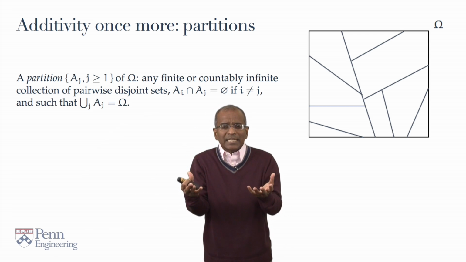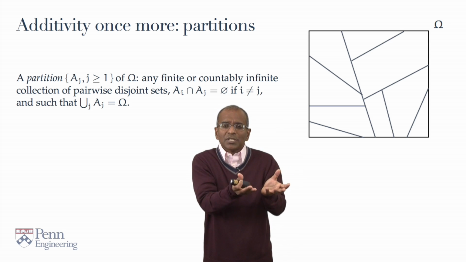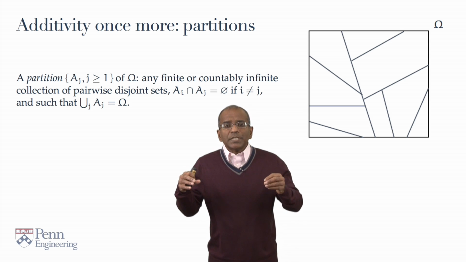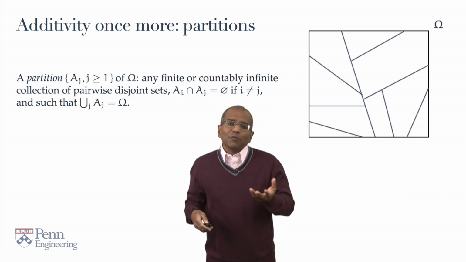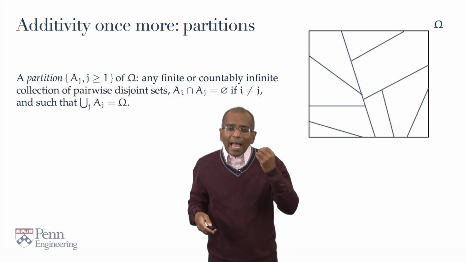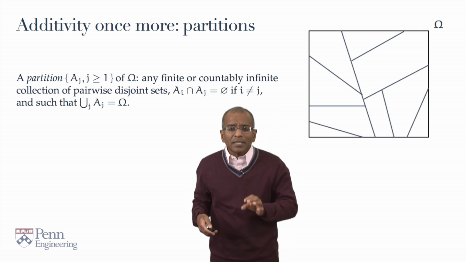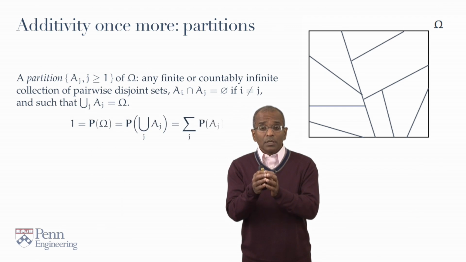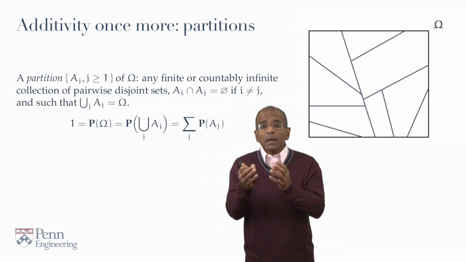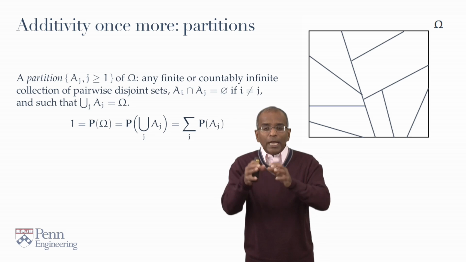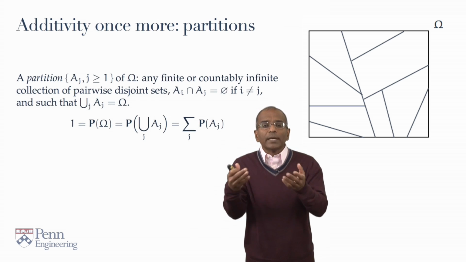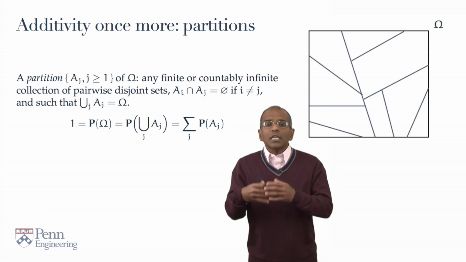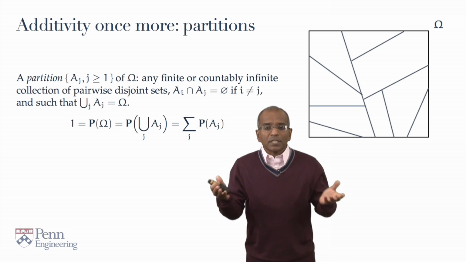And this is sort of visually indicated in the cuts, the partitions I've shown you on the right in your figure. Now, the moment we have this, additivity immediately gives rise to the following identity. Right? This is the axiom of additivity for probability measure, and we're going to apply it to the union of all these Aj's. By normalization, the sample space has got unit probability, but the sample space may be decomposed into a disjoint union of a finite or countably infinite collection of events, and so by additivity, this must be equal to the sum of the probabilities of these events.